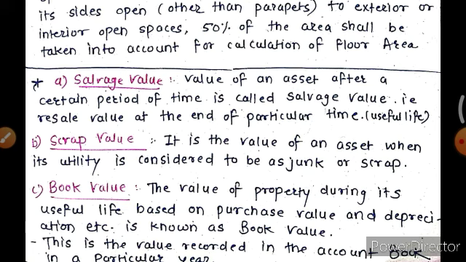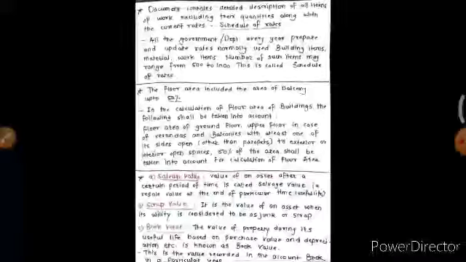Then the book value: the value of a property during its useful life, based on the purchase value and depreciation etc., is known as book value. This is the value recorded in the account book in a particular year. Okay. Then